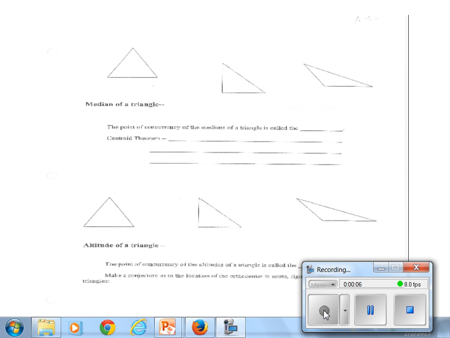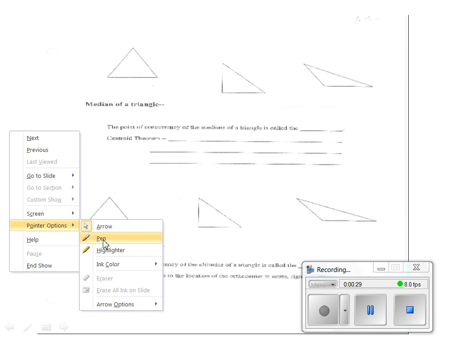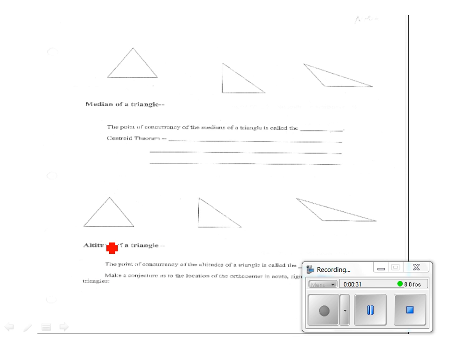Alright, median of a triangle, definition of median of a triangle. It's on page 240 in your book. It says a median is a segment whose endpoints are a vertex of a triangle and the midpoint of the side opposite the vertex in that triangle. I'm going to put a little shorter, hopefully easier definition up here, just to tell you what a median is. A median is a segment that runs